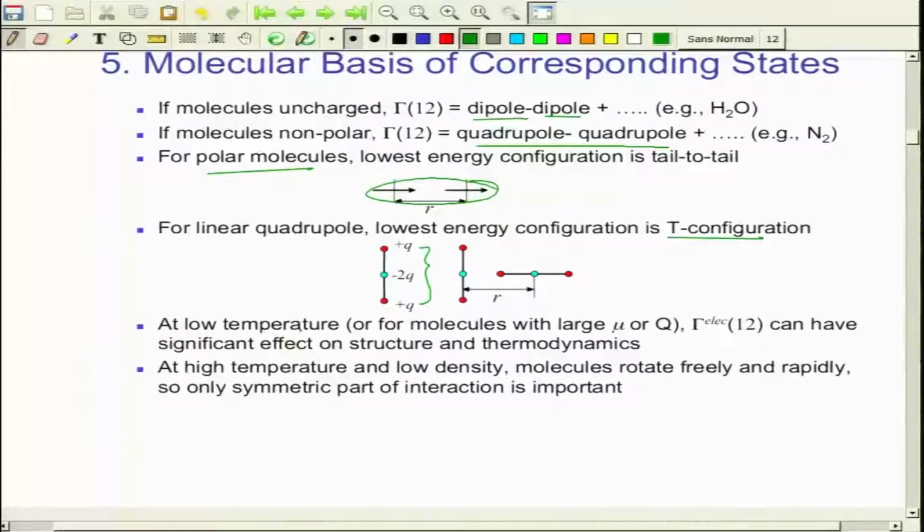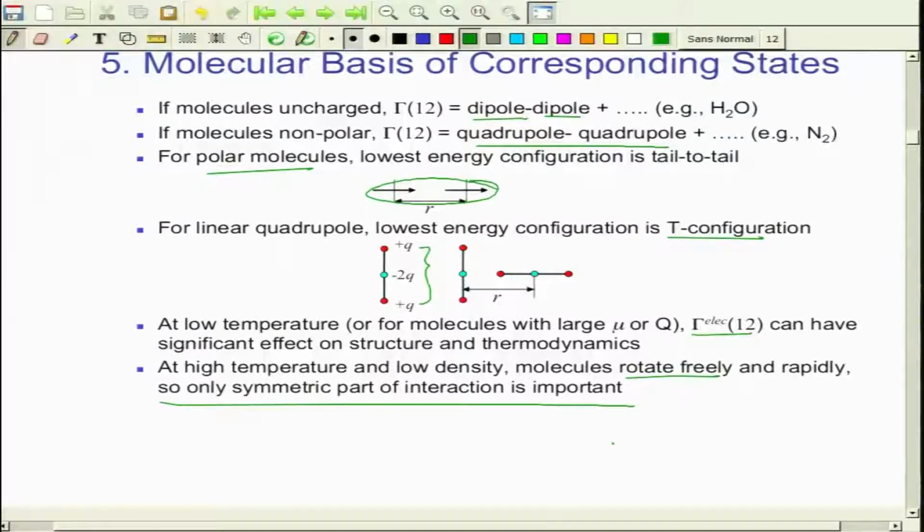At low temperature, or for molecules with a large dipole moment or quadrupole moment, the electrostatic energy can have a significant effect on the structure and thermodynamics, because the arrangement of the dipole and the orientation gets significantly affected by the temperature. At high temperature and low density, molecules rotate freely and rapidly, so only the symmetric part of the interaction is important. And this means that you can consider the mean value of these interactions by integrating across the volume and